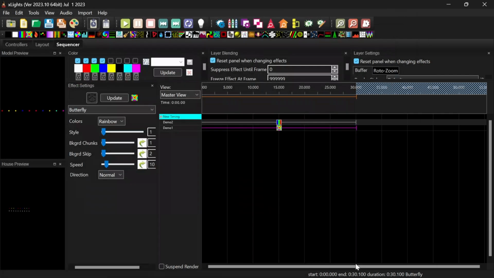I'm then going to render it. There we go, that's done, and I'm going to save again. And now we should be ready to test xLights pushing directly to the controller. So if I click Output to Lights and I click Play,